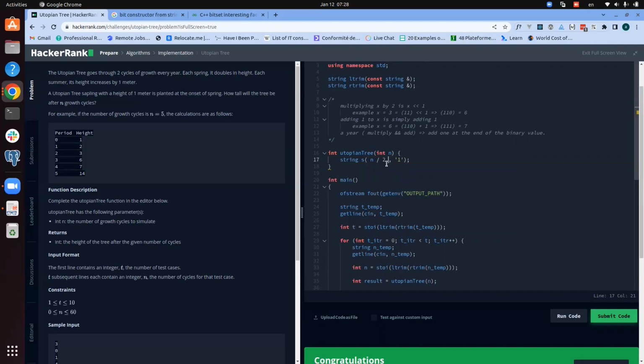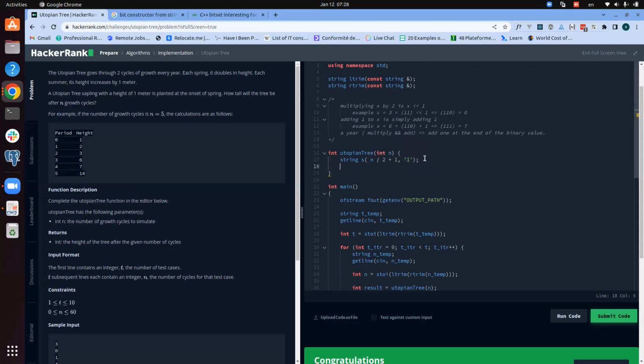That is why we should add this one. Now we are here. We have a string containing the number of 1 representing the year in the number of cycle. Now we can move to, do we have a spare cycle after the number of year? To check that, we are going to say, okay, if the number of